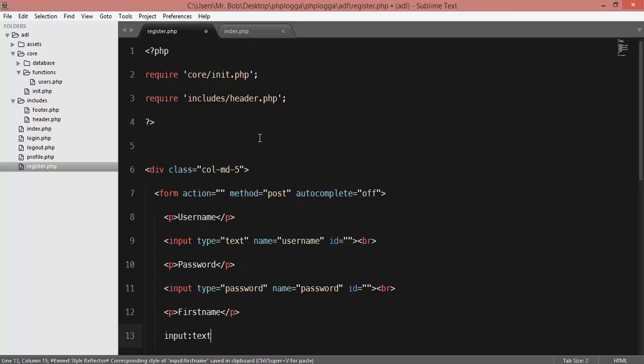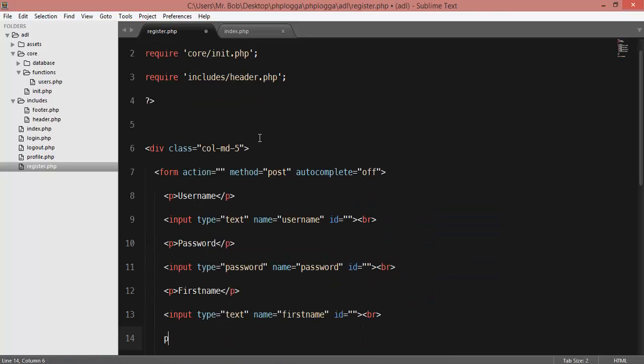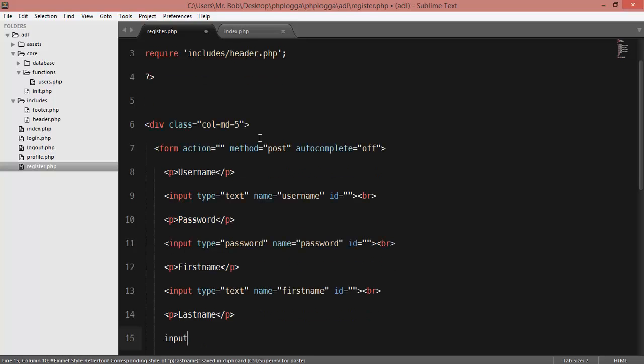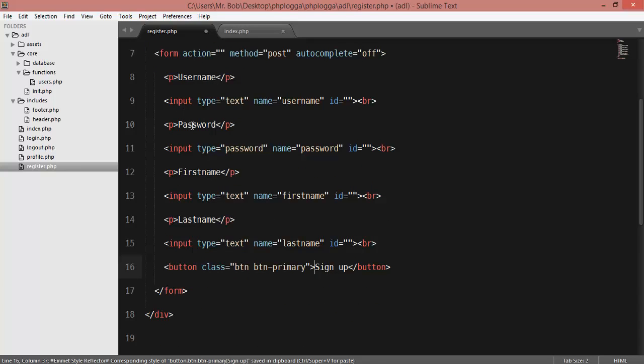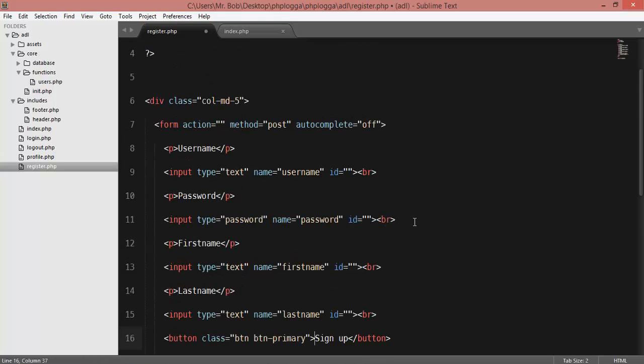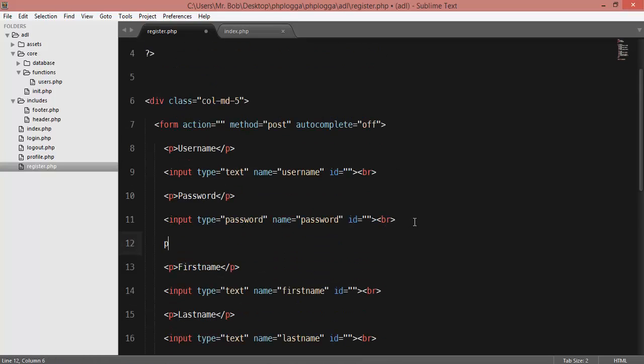I think text and first name, and then last name, I think text last name, and then primary, and then save up. Alright, and then inside under here you need to create p again,